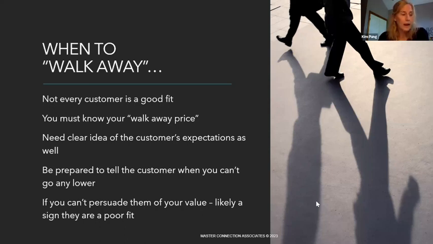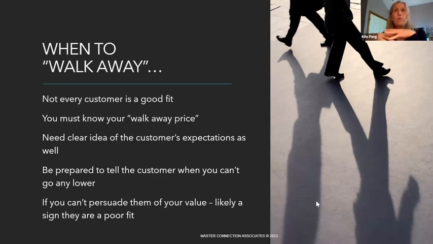So if they're asking for this low rate and we really want the contract, in some cases that's a win-win for us. It might be worth it to go with a lower rate, maybe because they have the potential for other business. Maybe they have other divisions of their company that we would want to get into. So sometimes there's a win-win in other ways, but we've got to know what those things are.